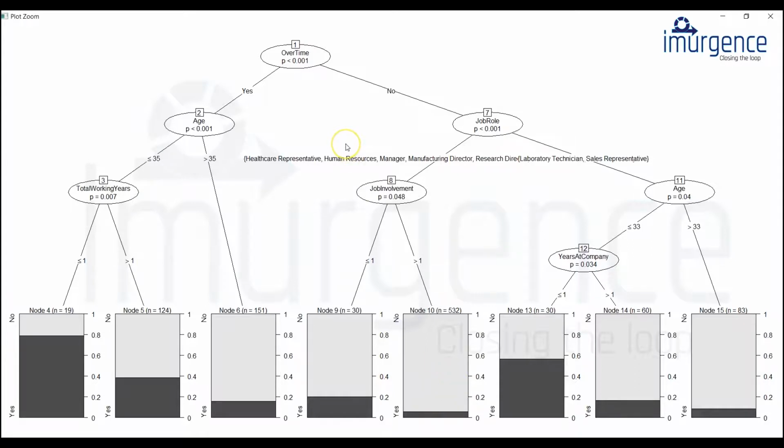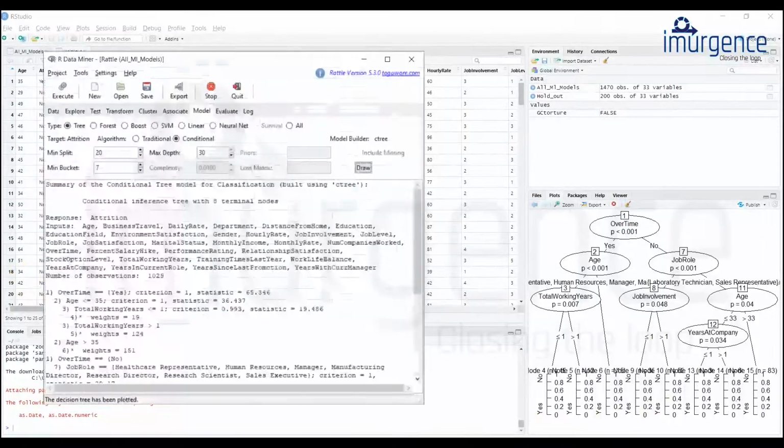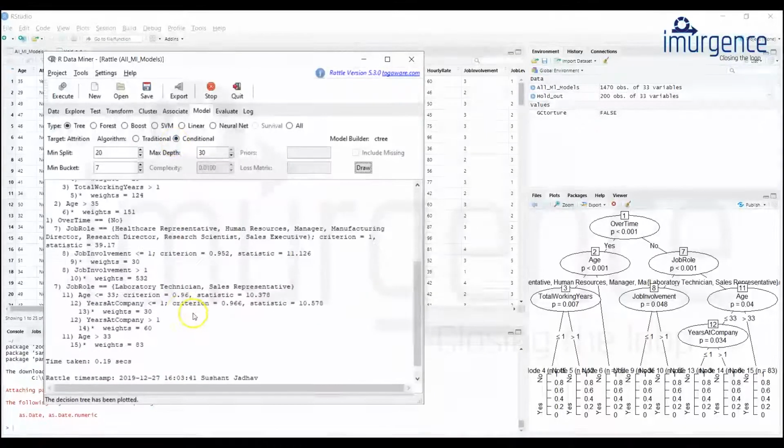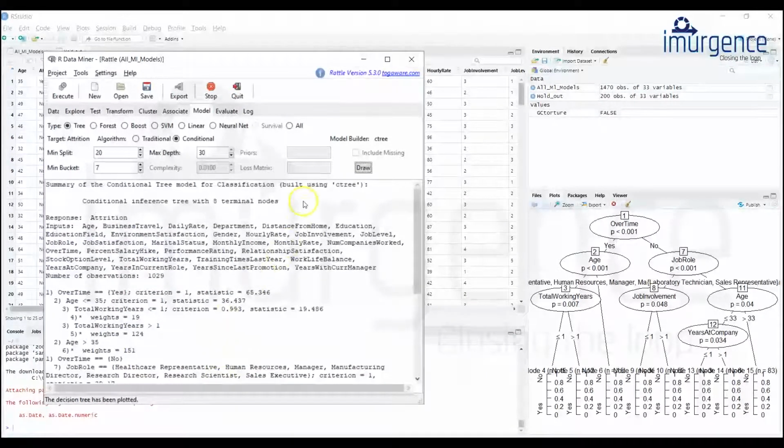So this is quite a good amount of information even to analyze the data, obviously for prediction as well. So now I'm just closing this, right? So this gives you a better visualization than the previous one. So that's how you can use the conditional one. See, there's a lot of detail over here. You need to go through this, read through it, and if you are finding any challenges, you can obviously reach us on the support chat, wherein we can brief you on these things as well. Okay, so that is about tree.